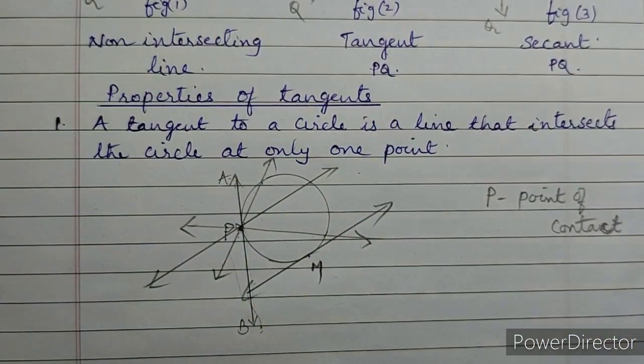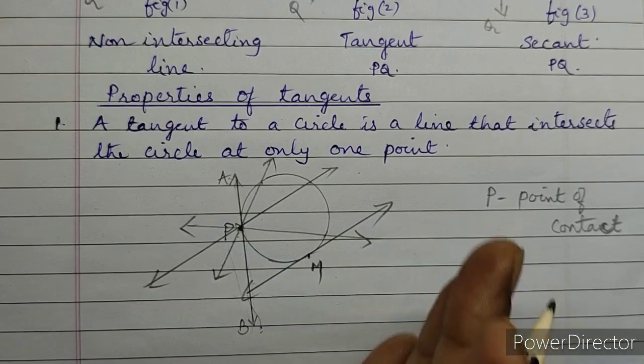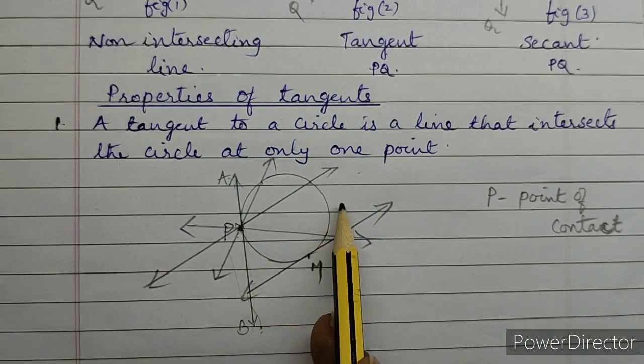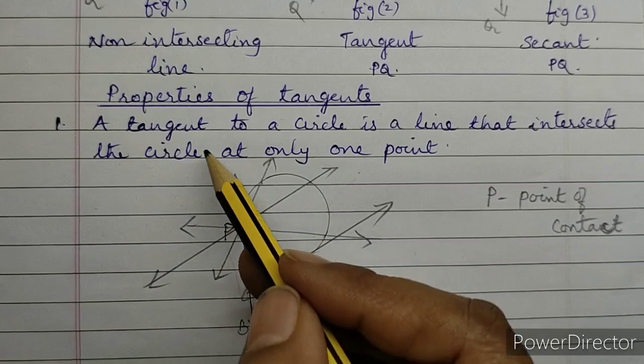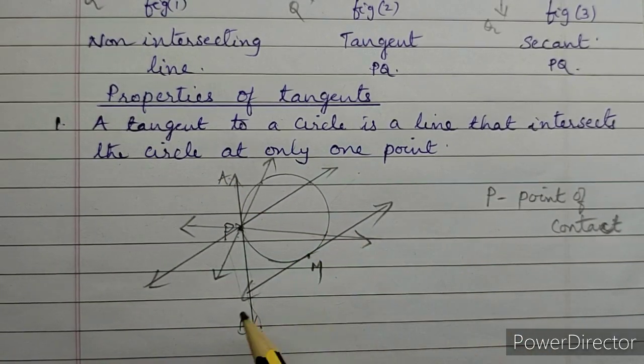So this is a tangent through M. M is the point of contact. If you just rotate this side, the line will come like this, like this, like this. Anyway it can come, but don't change M. So the tangent will change to secant, but only one tangent you can draw through a given point. We can have only one tangent at a given point.